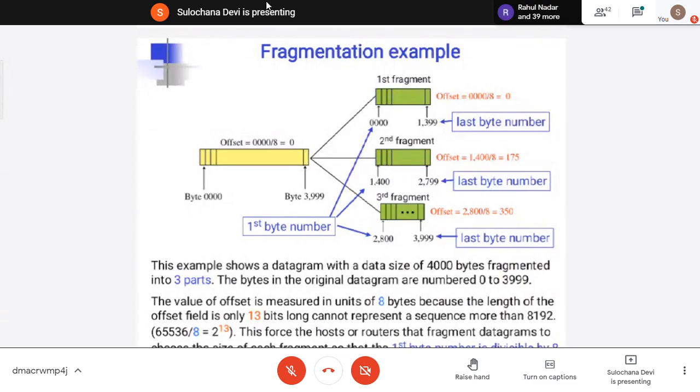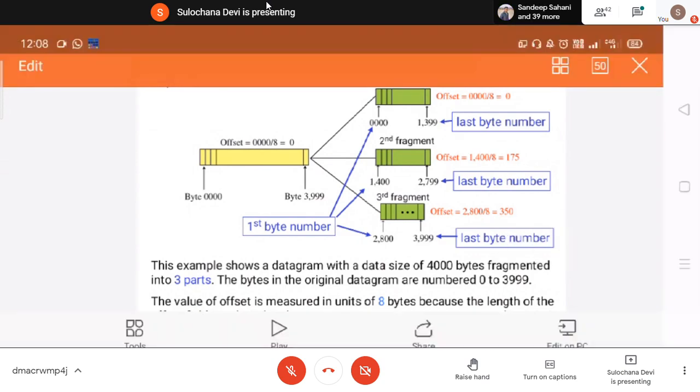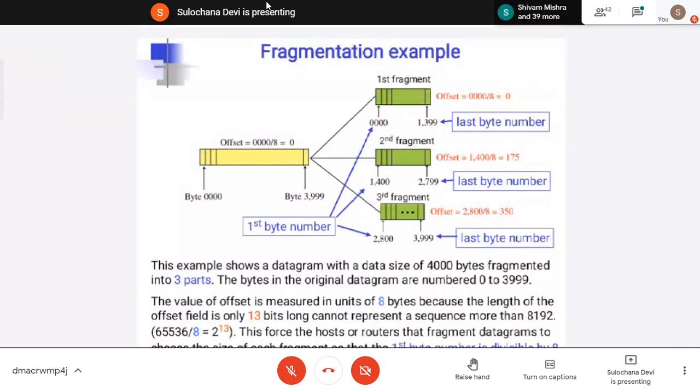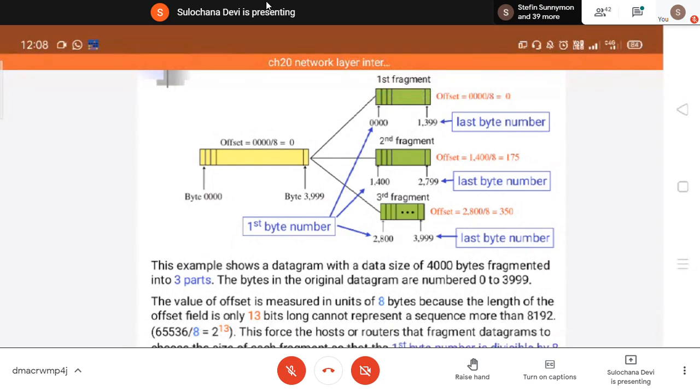So, समझ में आया how we calculate the fragmentation offset? Just take the first byte, and always keep the fragment size in such a way that the total bytes it is carrying is divisible by 8. The last fragment can have the remaining bytes, but all the initial fragments we should divide in such a way. Is this clear? Any doubt in how we calculate the fragmentation offset? Should I repeat something? समझ में आया?